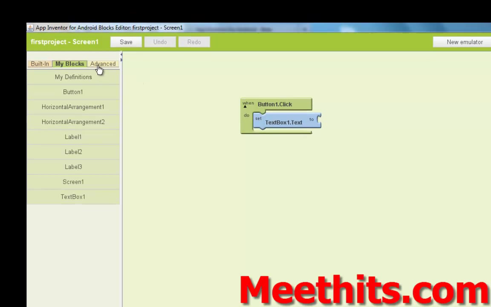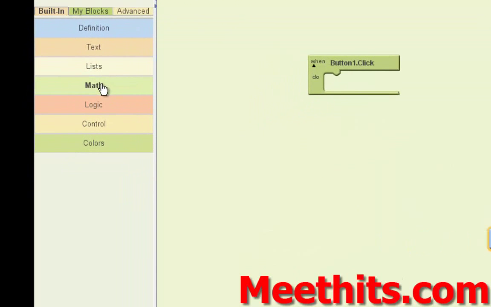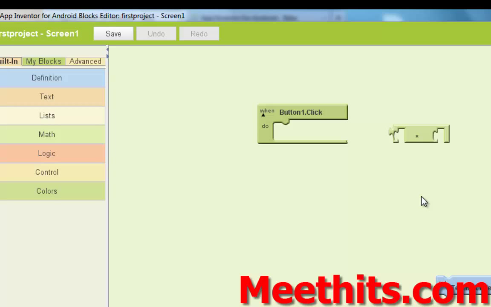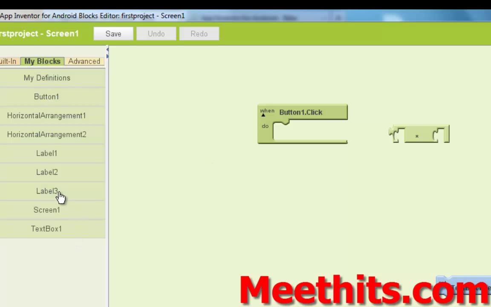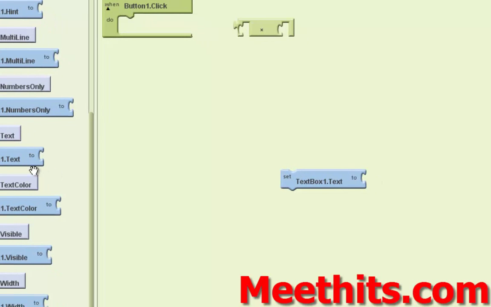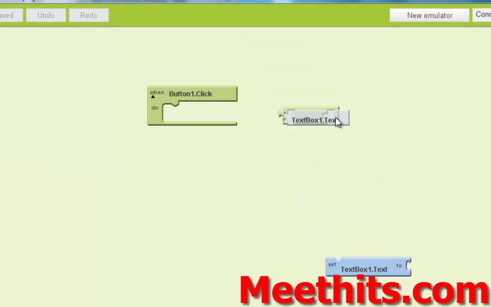Then what will it do? Leave it, take it to the other side. We'll go to built-in, math, and multiply. Then again go to my blocks, text box 1 dot text, and drag it over here.